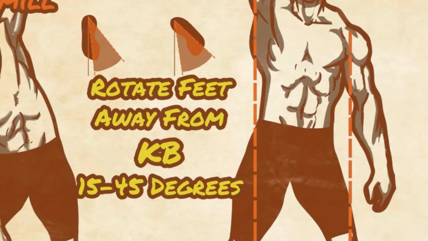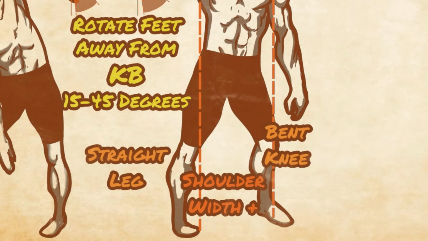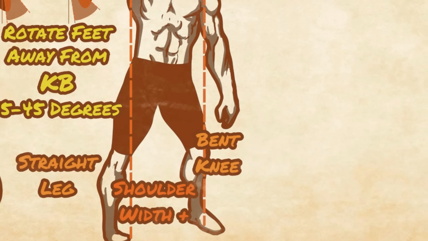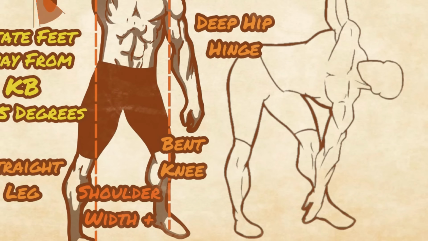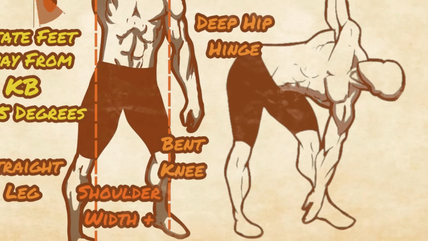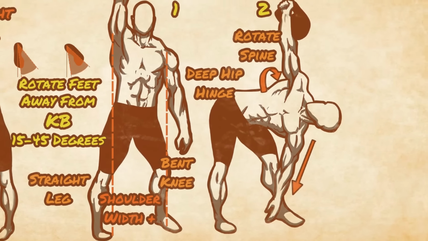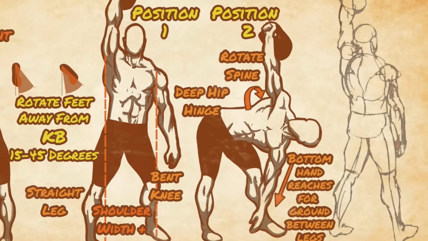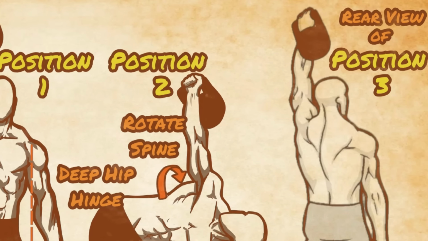You will keep the leg that is directly underneath the kettlebell straight, while allowing a slight bend in the other knee. Your arm will stay straight throughout the entire movement. You will start the movement by hinging at the hips and pushing back into the hip that's underneath the kettlebell as you bend down. While hinging, you will also begin to rotate the spine so that the bottom hand reaches between the legs. Keep the spine straight throughout the movement and follow that same path back up until you are standing tall with arms still fully outstretched over the head.